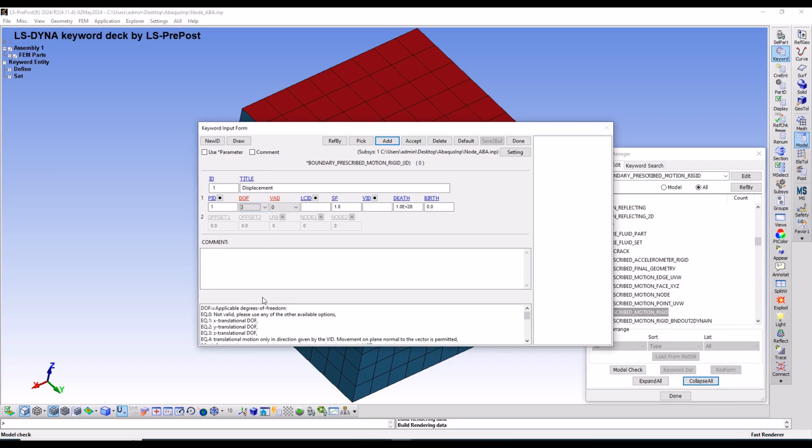As you can see, Z translation DOF, and here we have to select number 2 displacement rigid body and nodes,